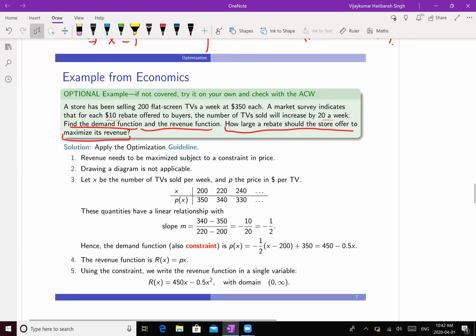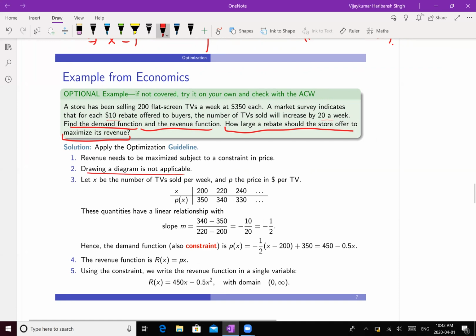So now note that you are asked to optimize what? The revenue. So you want to maximize the revenue. So revenue needs to be maximized and subjected to what? The constraint in the price, right? So in this case, drawing is not applicable. Why? Because